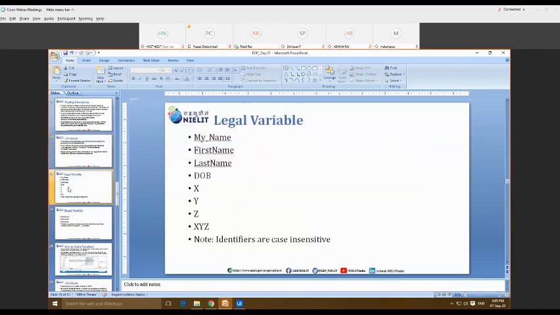I have listed some legal variables here. You can refer to them. The first variable is my_name, and this first name is in upper camel case. These are legal variables, but some are in upper camel case and some are not.